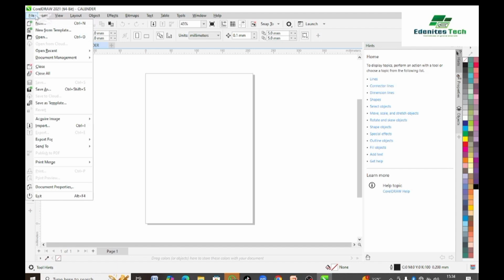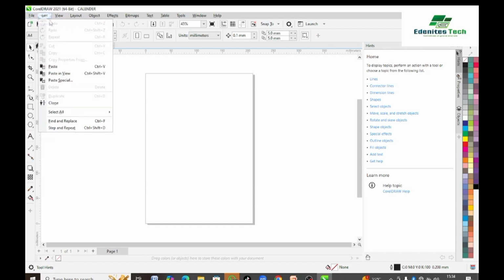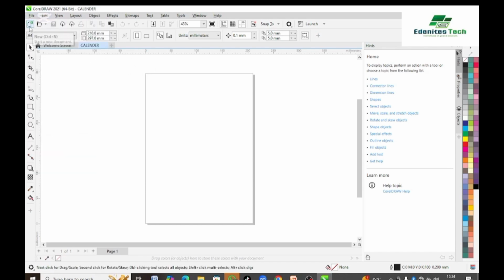Okay, so as time goes on, when we're working with CorelDraw, you will get to learn all of it, and what they are used for, all these commands, what they are used for. Okay, all right. Now on the standard bar, that is the next bar under the menu bar, you have